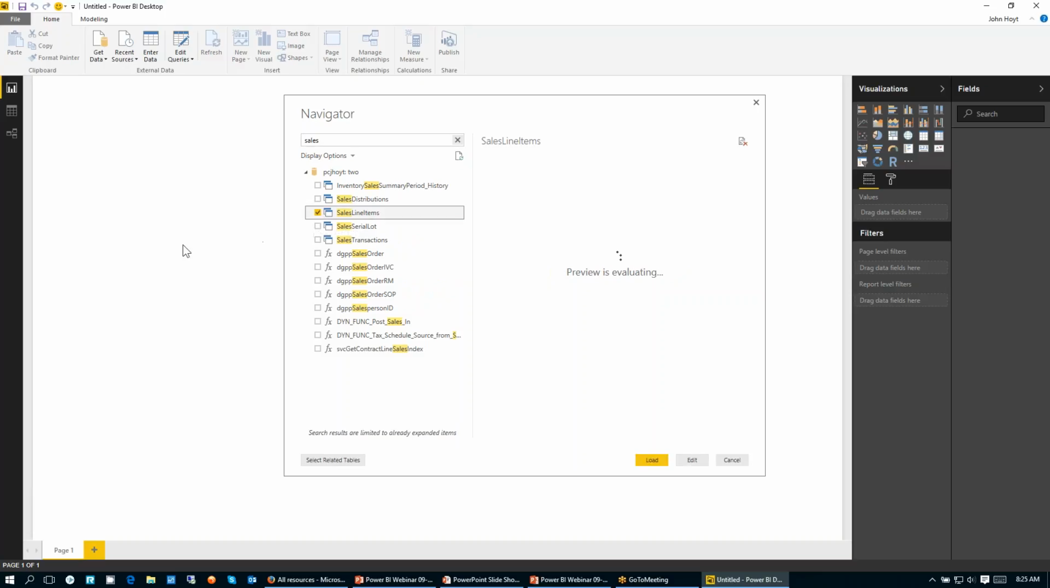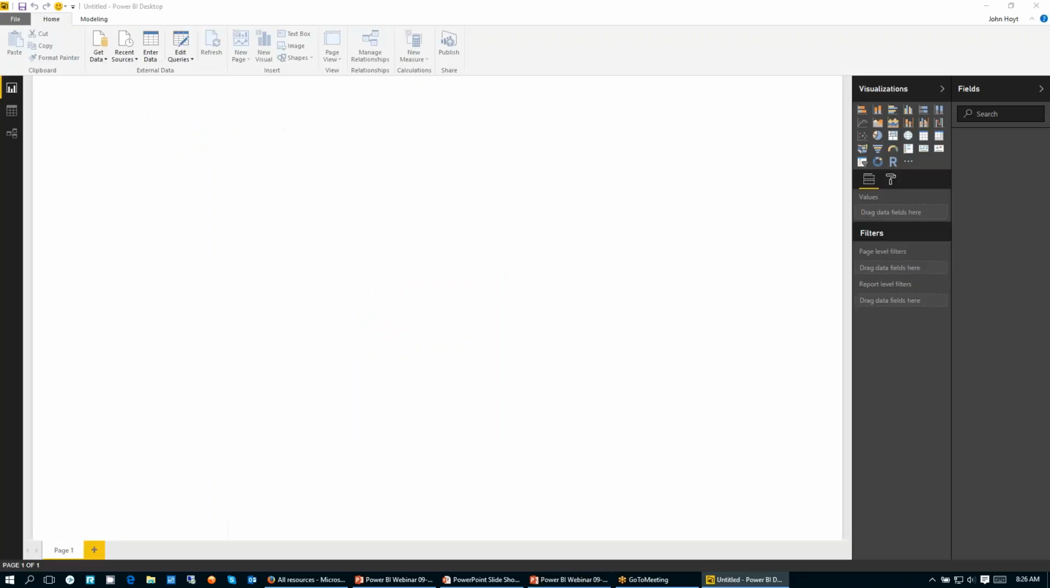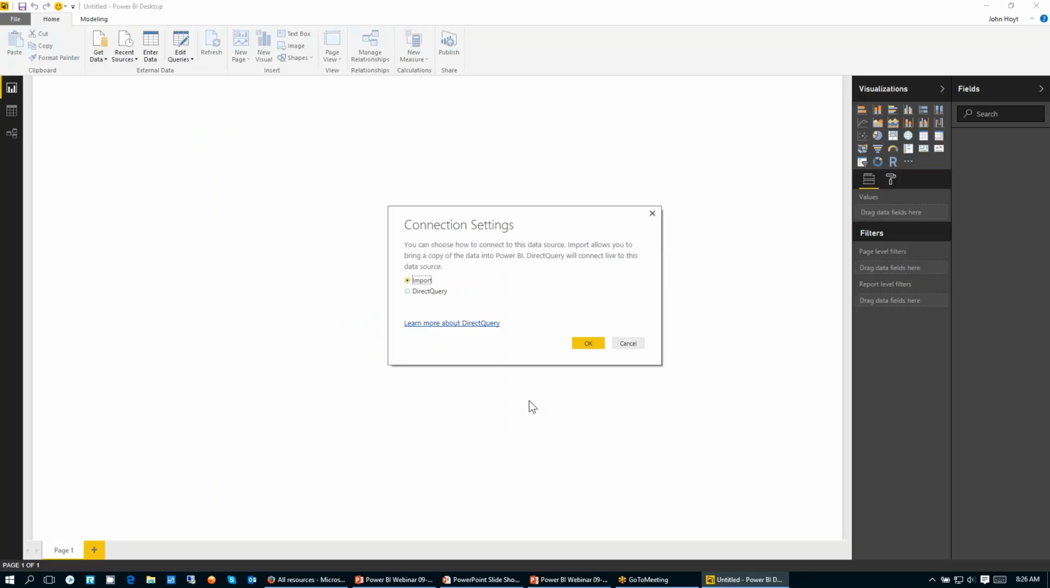If I then select one of those values, and I grab the view for sales line items, for example, I'm now ready to work with that data set. If I choose to load that data set, it will bring the SQL view as it exists directly into the tool, and I can start to use my values over here on the right, the visualizations and the fields, to look for specific information. If I don't want to pull the full data set in, I can choose Edit first,